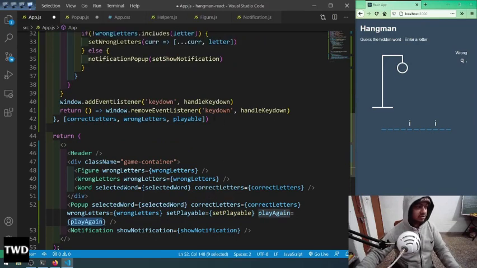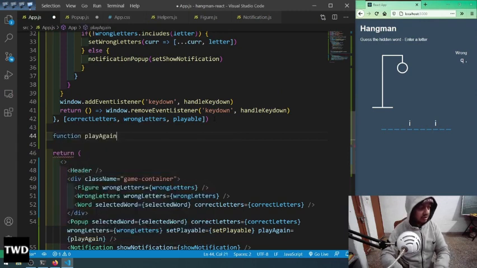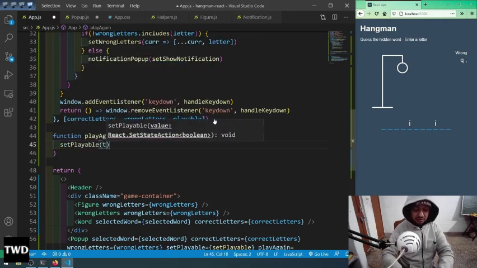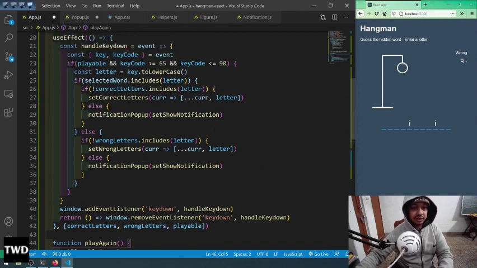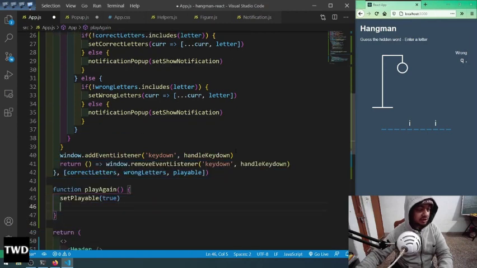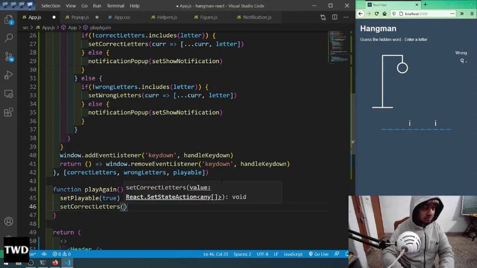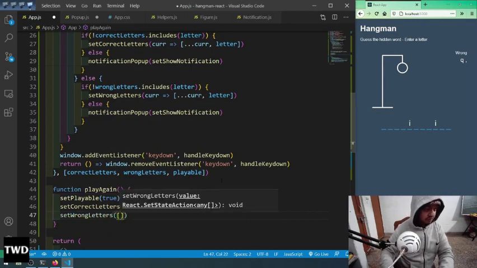And now we have to make it. So here it is, function playAgain. setPlayable true. We are doing it here also. setPlayable is true, because that is very important for it to be playable. And then we will also empty the strings. setCorrectLetters, all those strings we have to empty again. setWrongLetters, this also we have to empty. And then